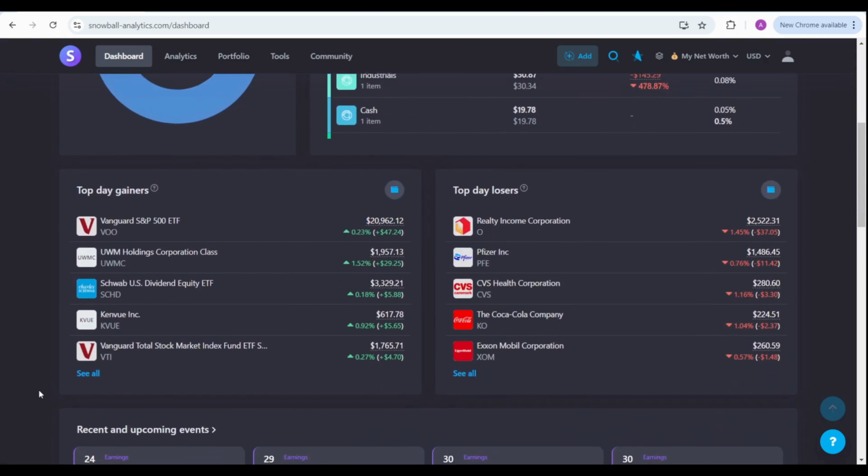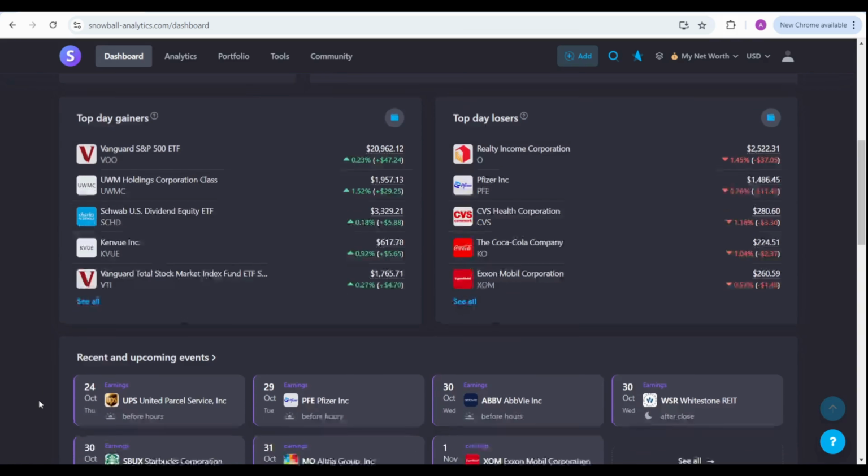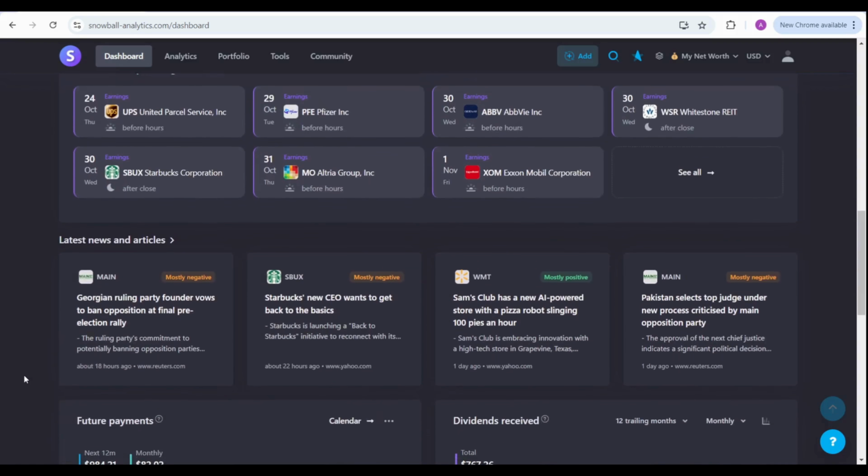So if we make our way down a little bit further, we're going to see that we have our day gainers and day losers. So this way you can check and see on how your positions are doing overall, which ones are doing good and which ones are not doing as hot. Then if you scroll down a little bit further, you're going to get the recent and upcoming events. So this is only going to be for companies or ticker symbols that are in your portfolio. So you can see that on the 24th, which happens to be the day I'm recording this, that UPS has their earnings, and then in a couple of days, Pfizer has their earnings,